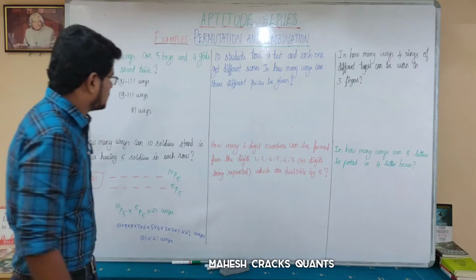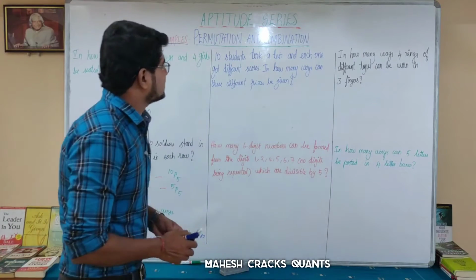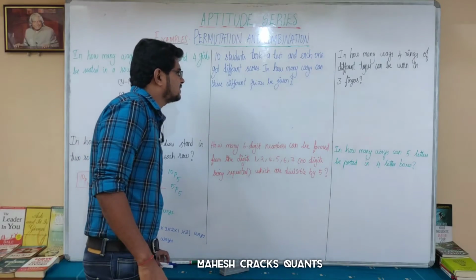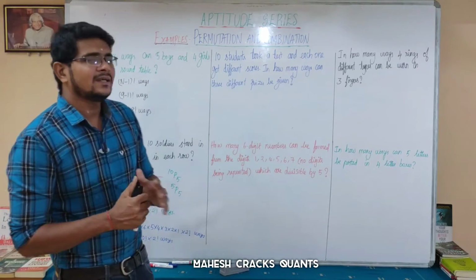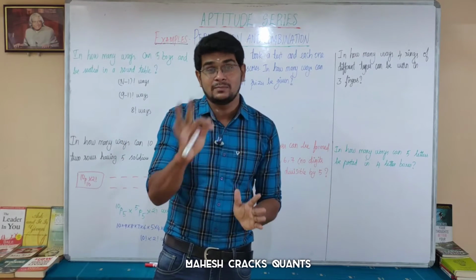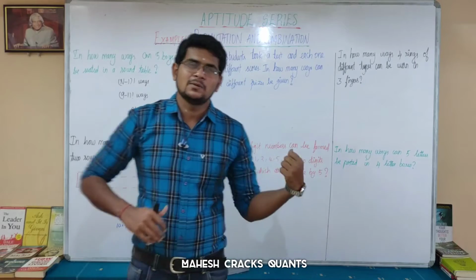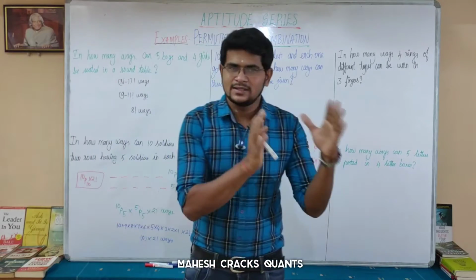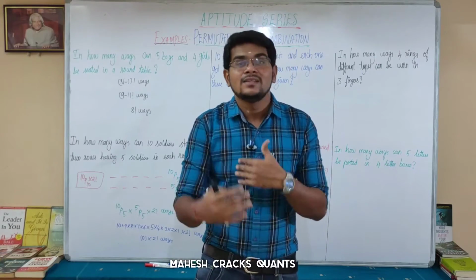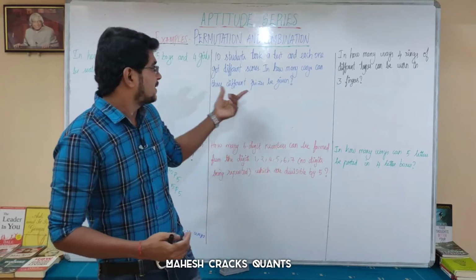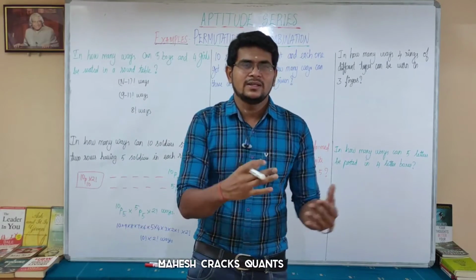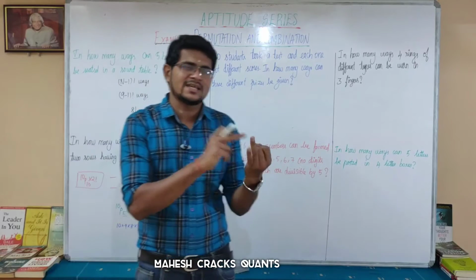Okay, let's move on to the next question. 10 students took a test and each one got different scores. In how many ways can 3 different prizes be given? So there are 10 students, they took a test. We have to give 3 prizes. Is this permutation or combination? There are 10 students and I have to choose 3 and give prizes to them. These are different prizes. If the prizes are the same, then 10C3 itself is the answer. Here different prizes, which means first, second, third.